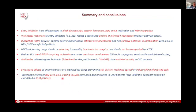And the synergistic effect that we see with interferon in chronic hepatitis delta virus should maybe also be elucidated in chronic HBV patients. This is something that we are still lacking too many data on HBV